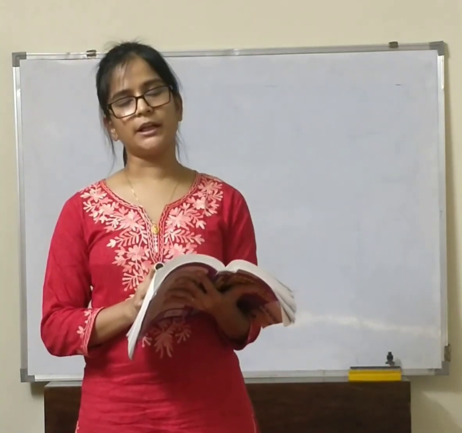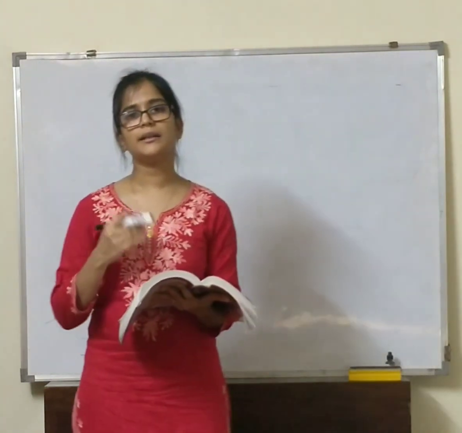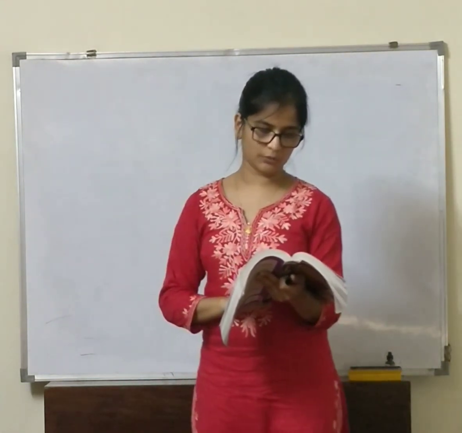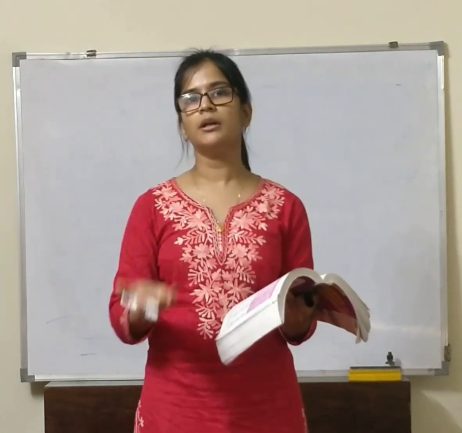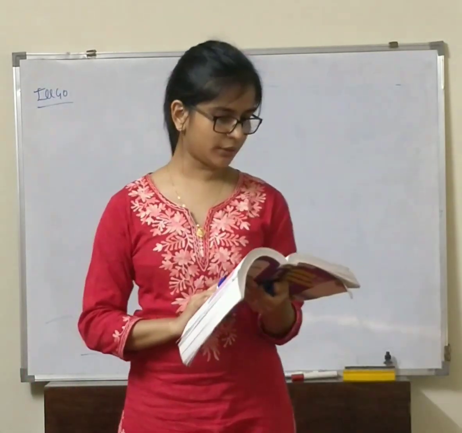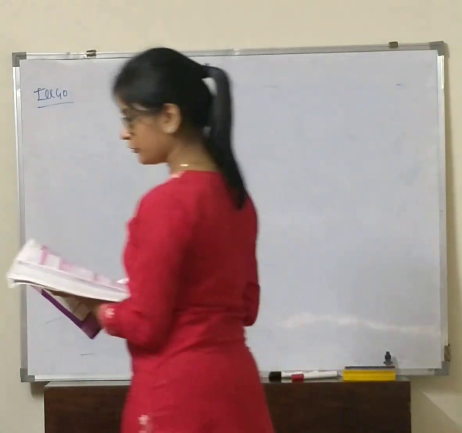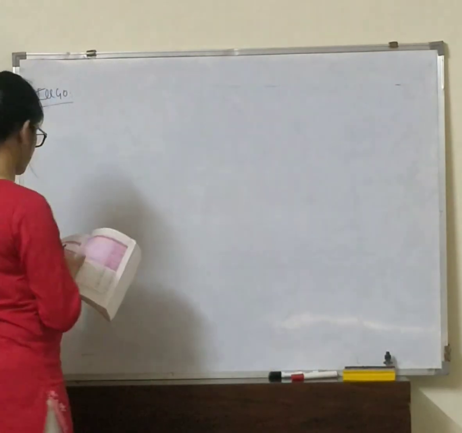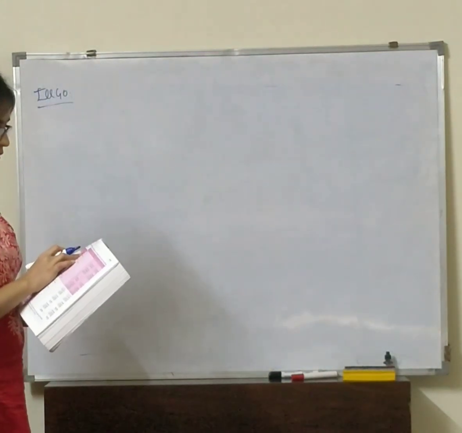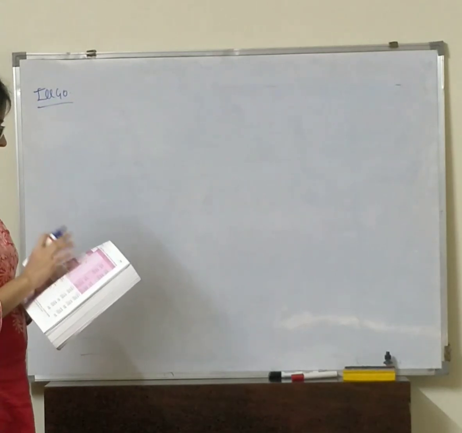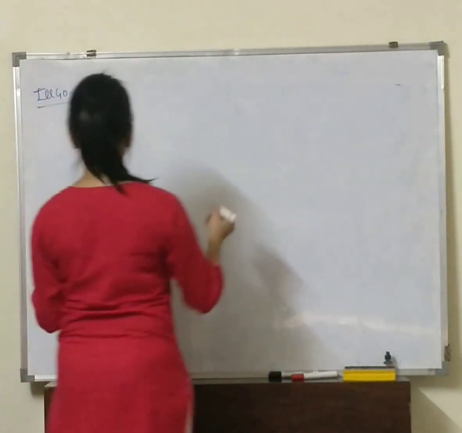So sometimes what will happen in the problem, in the balance sheet they will give you provision for taxation of the current year and the previous year, and in the adjustment they will give you income tax paid. So in such case you need to prepare provision for income tax account, just like you prepared your other ledger accounts like your depreciation account, plant and machinery account. So I will give you an example for you all to understand it in a better way. So prepare the provision of tax account in the information. So in the problem they have given us 2007 provision for taxation, 2008 provision for taxation, and income tax paid is given.